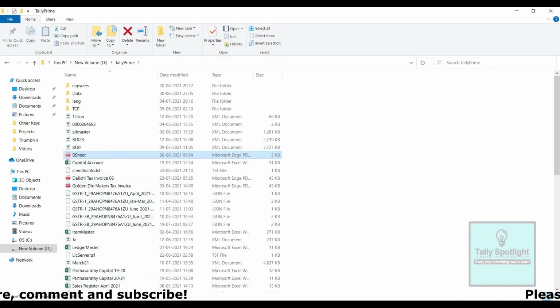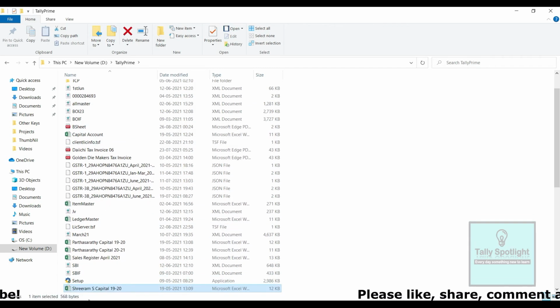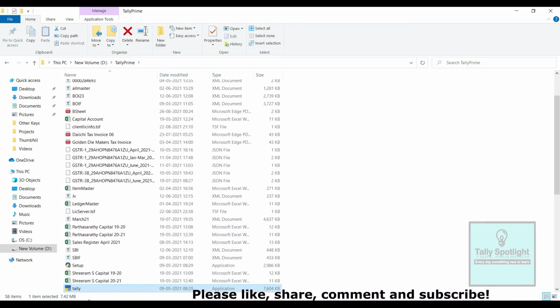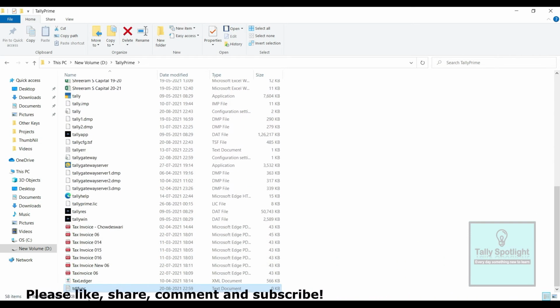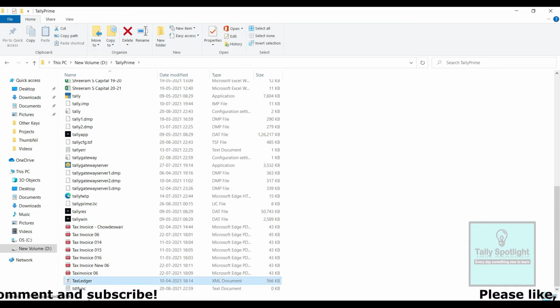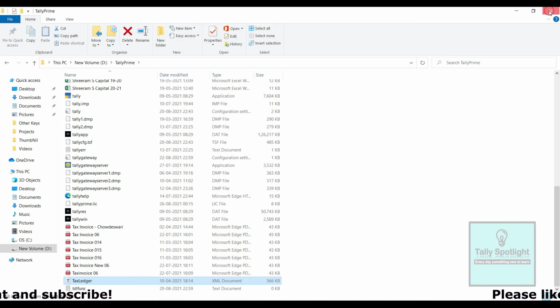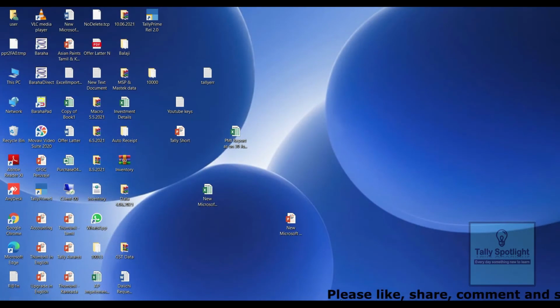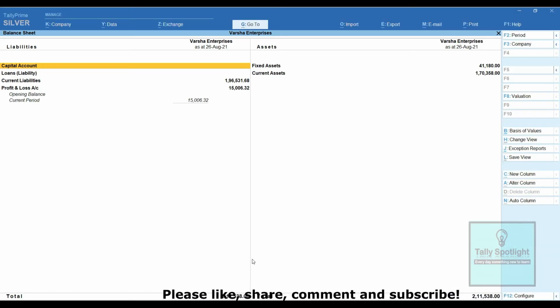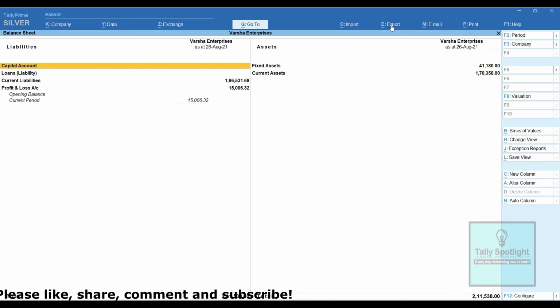Inside the Tally Prime folder we can see the exported file details as well as the Tally Prime application supporting files and folders. While moving or deleting any exported Tally documents, there is a huge possibility of deleting the Tally Prime supporting application files or folders. So, while exporting any Tally transaction or reports, export it to a different folder.